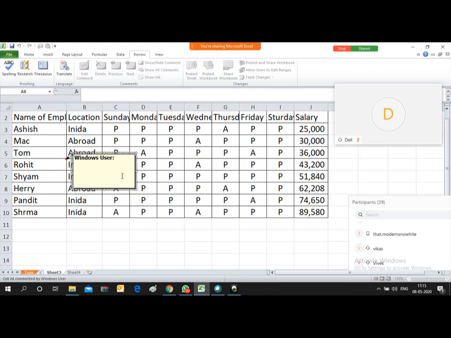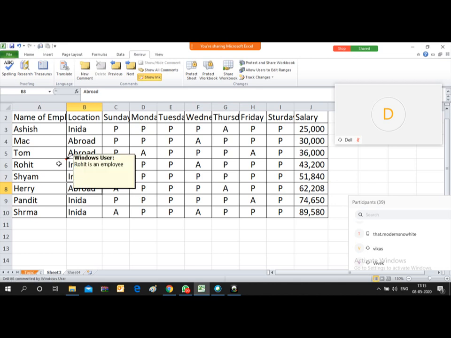Now you can write your comment according to you. For example, for Rohit, I can say Rohit is a good employee. Whatever comment you write, you can write in this box. When you are writing a comment, your username will appear.